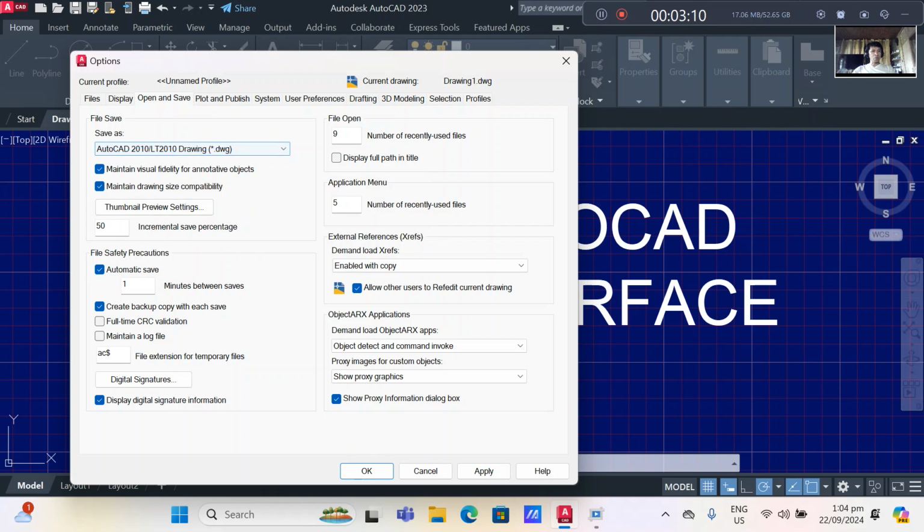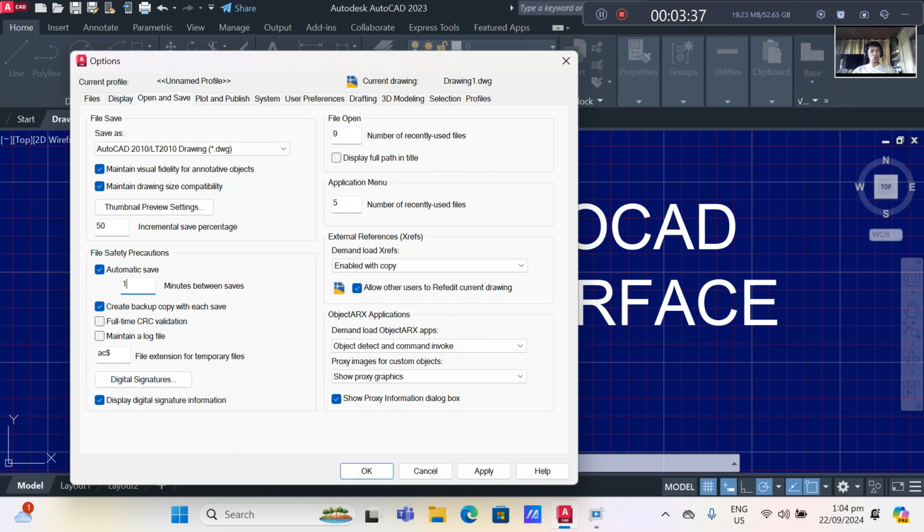And also, you go to file safety precautions. On the file safety precaution, I want to save my document automatically by 1 minute. So I type 1 and check also automatic saves here. It means that every 1 minute there will be an automatic saving.